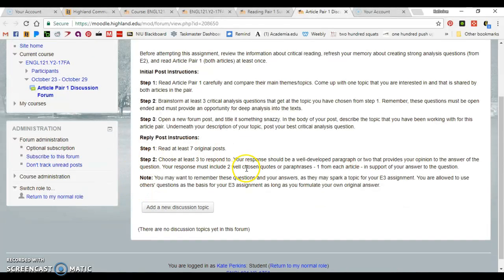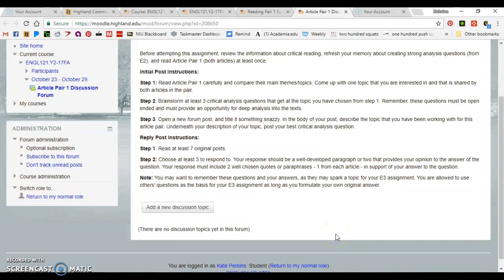Then your reply posts are going to be where you actually respond to a question. So your initial post is going to be shorter this time than your reply post. Your reply post should be pretty substantial, probably 200 to 300 words at least. So you choose 3 to respond to.